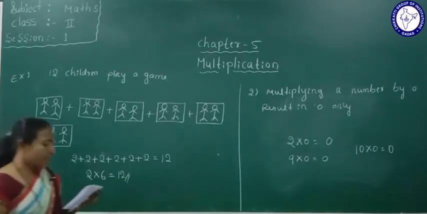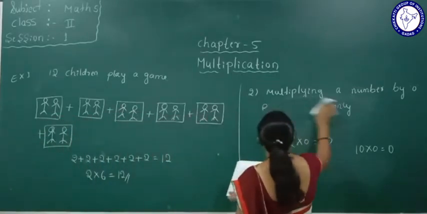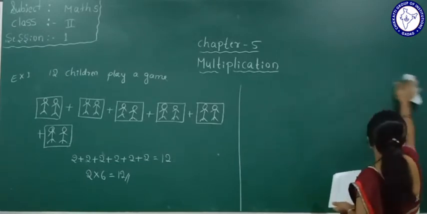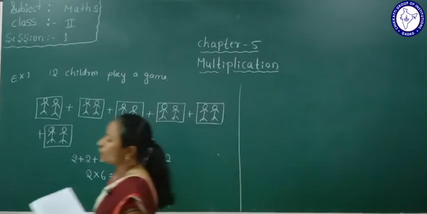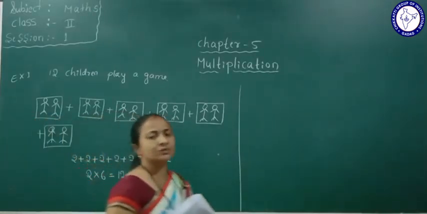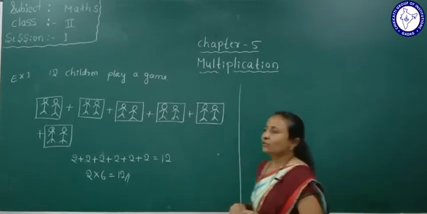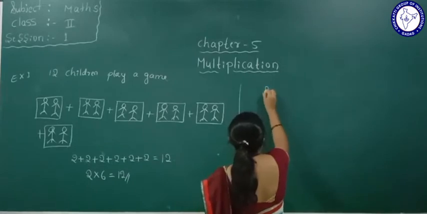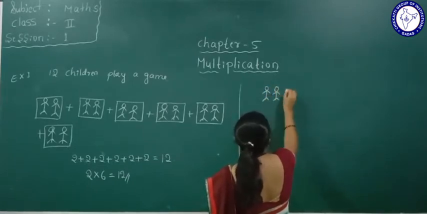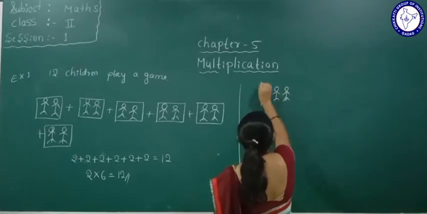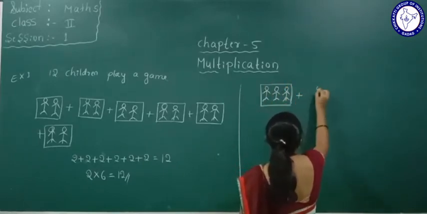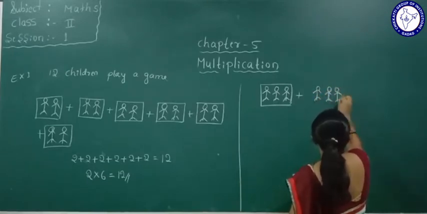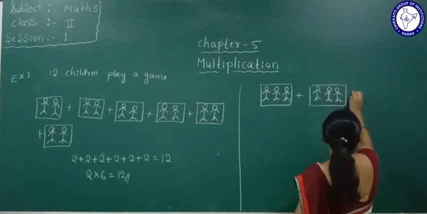So if the leader tells them to make a group, in one group there are 3 members standing. He told them that in one group 3 members will stand. So likewise all of them are standing in groups. How many members? 3 members. So this is one group, plus another group. This is a second group, third group,